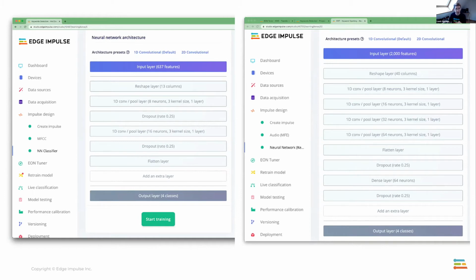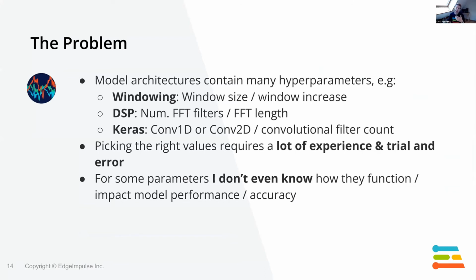For example, when I started at Edge Impulse, I was not really having any idea of what I was doing when playing with DSP. Digital signal processing was not a thing for me, and I had to learn. But that was really hard. And then came the EON Tuner. So the EON Tuner wants to simplify several issues. So the main problem is